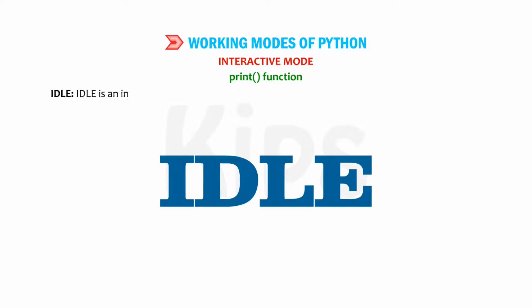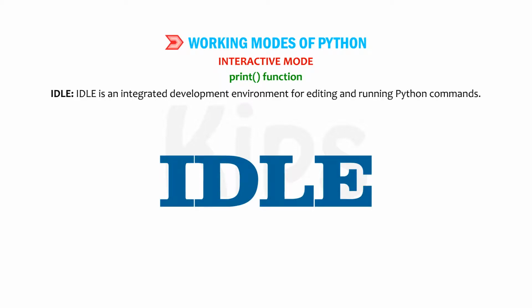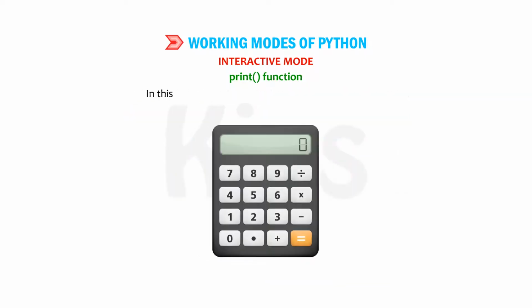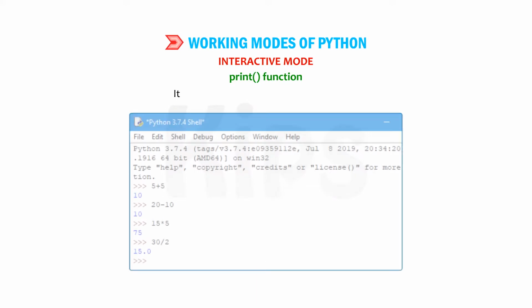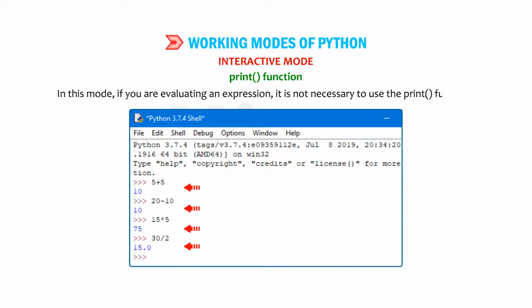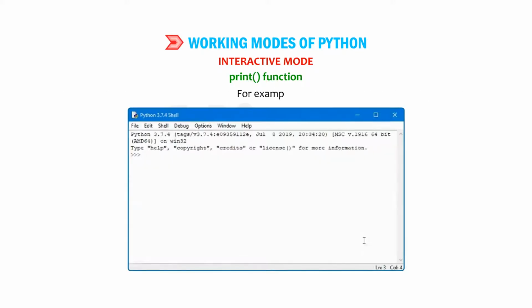IDLE. IDLE is an integrated development environment for editing and running Python commands. If we type an arithmetic expression at the Python prompt and press the Enter key, the interpreter automatically evaluates it and displays the result. In this case, the interpreter acts as a simple calculator. It executes instructions one line at a time. In this mode, if you are evaluating an expression, it is not necessary to use the print function. For example,